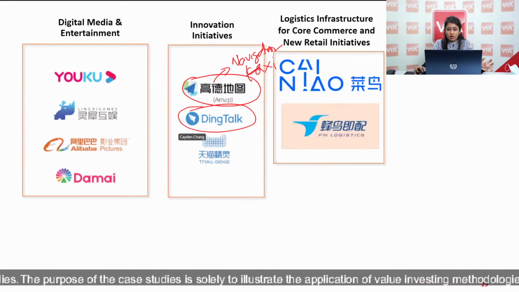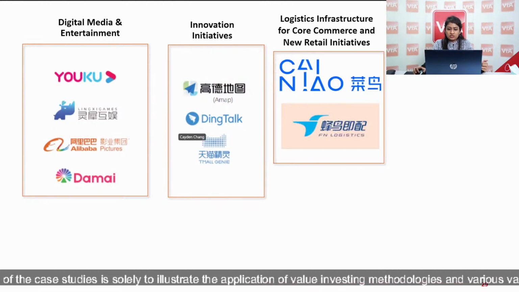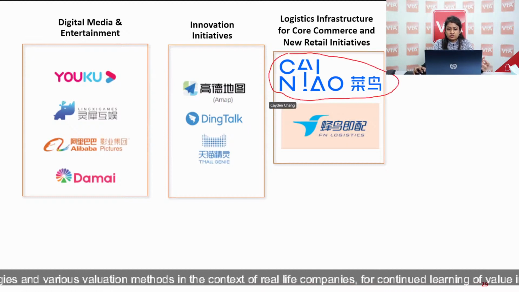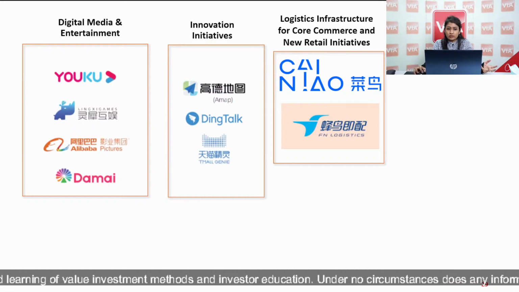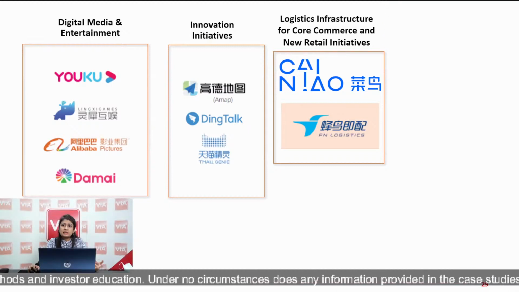The next segment is logistics. Under logistics, Cainiao Network offers domestic and international one-stop logistics services and supply chain management solutions. The advantage of this is that it provides real-time insights for merchants to better manage their inventory and warehousing. And for consumers, they can track their orders faster. And for courier companies, they can optimize their delivery routes.